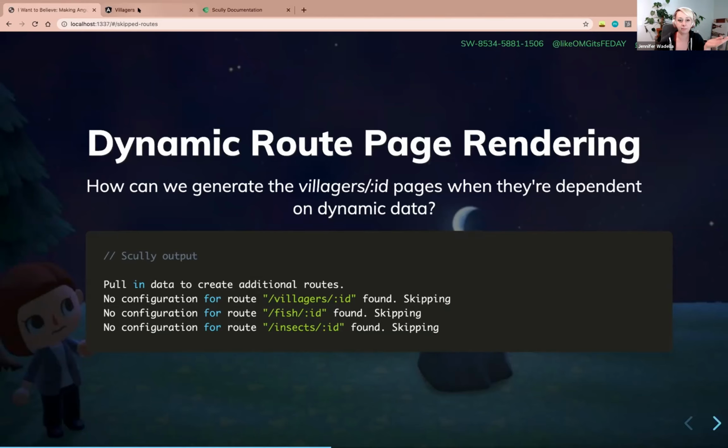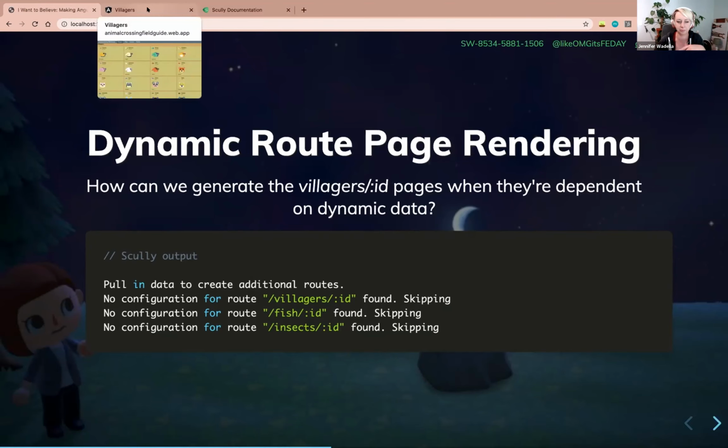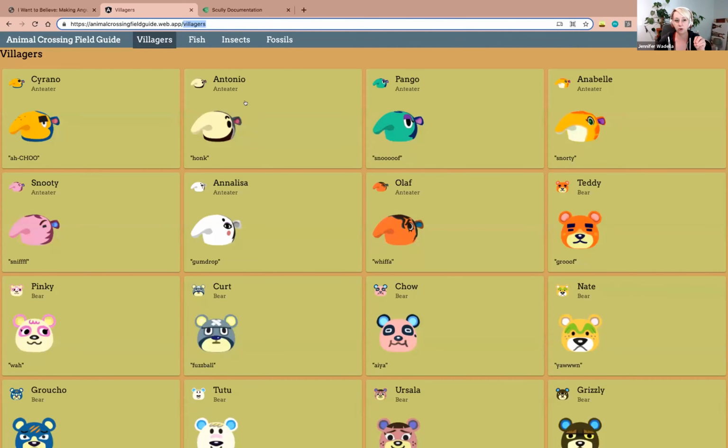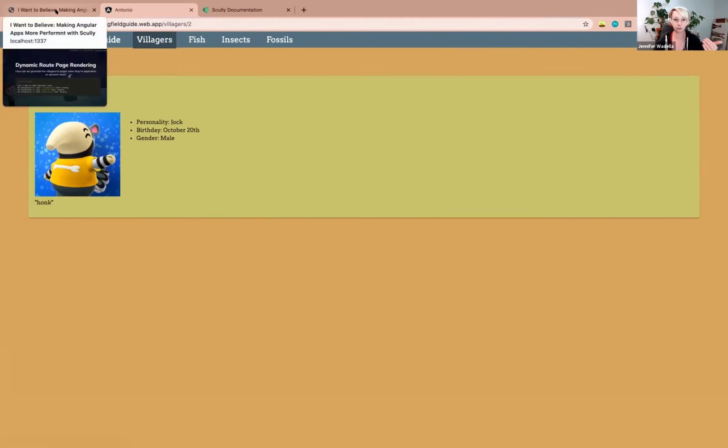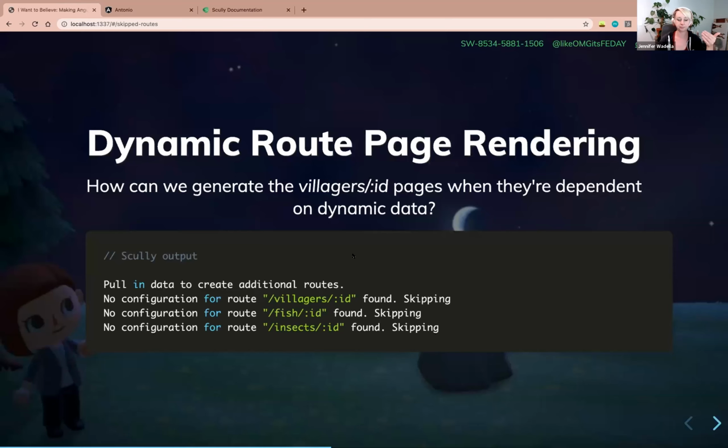Like I mentioned, there are 315, 317, 319, I can't remember what the count is, villagers in Animal Crossing. For this to work properly, I need a page for each one of these villagers to be rendered in the browser and then to have that HTML file served for each villager. So we need to give Scully some instructions on how to do this.